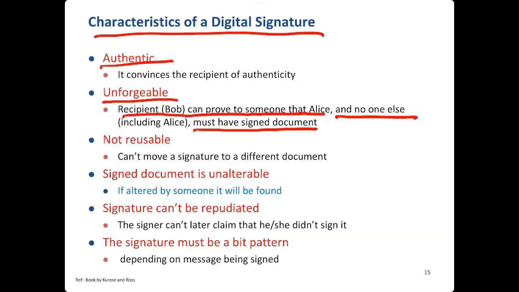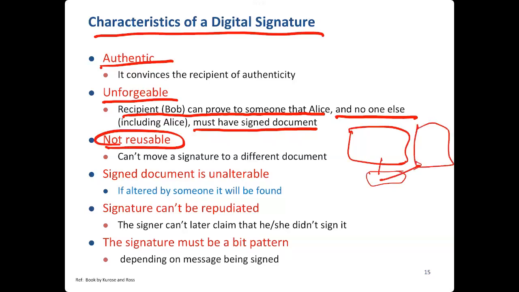Okay, it's not reusable. It means that there is a document and you get the signature. You can't put this signature into another document. This is message 1 or this is message 2. You cannot put signature corresponding to message 2. Okay. Signed document is unalterable. If you change this document,